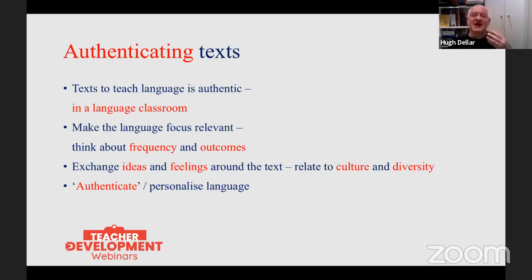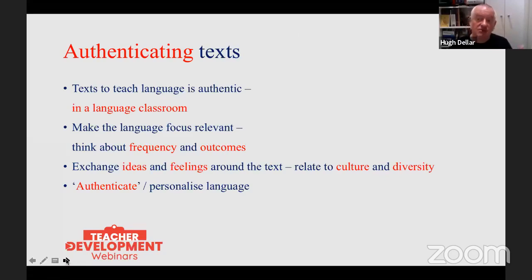There's nothing saying that because it comes from YouTube, these things are more likely to happen. I mean, if anything, material from a course book is easier to do this to, because someone has already thought about the text, the grading, the level, the language that's focused on, and creating space for personal responses.